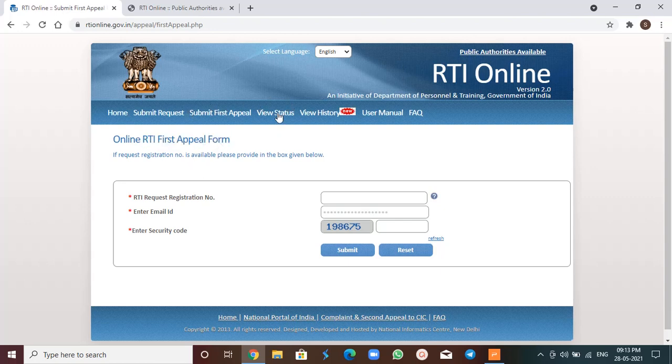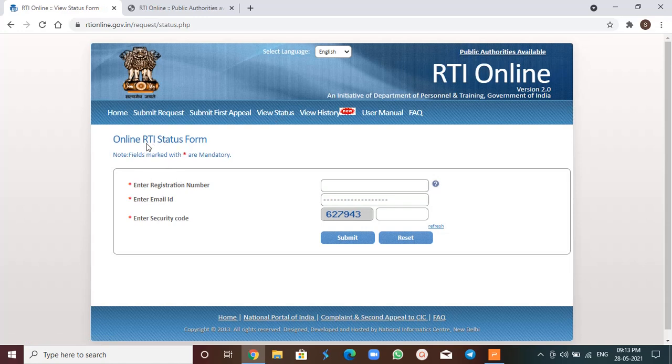The next column is view status. This means that you can check the status of your RTI application. You have to enter your registration number, which is given at the end of the submission of your RTI application at the first stage, your email ID, and the security code. Then you can check your status here. The status can be shown as pending, or returned, or